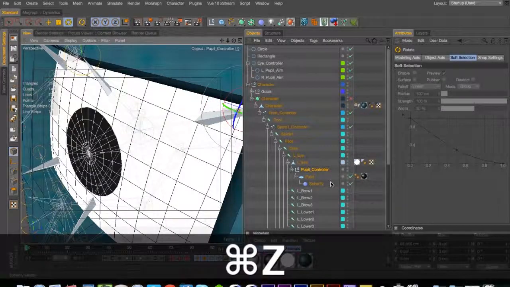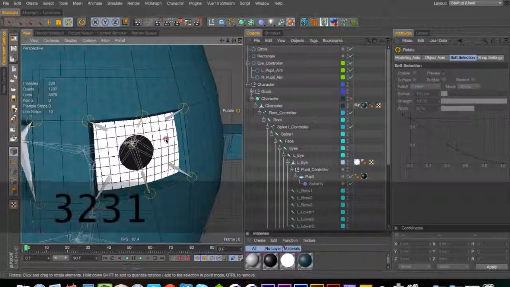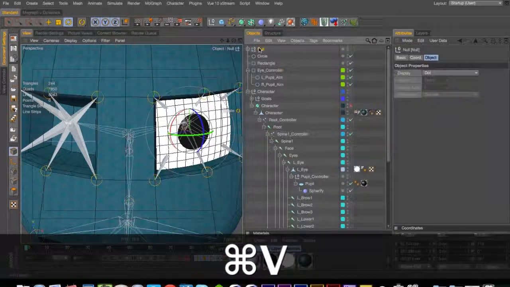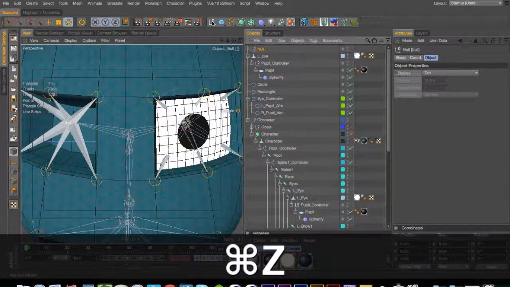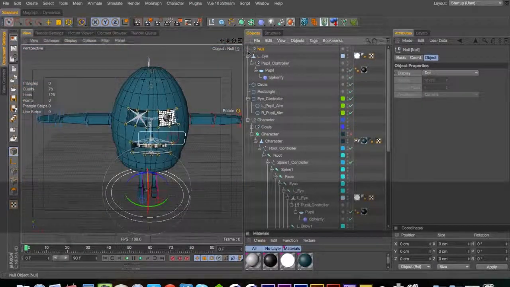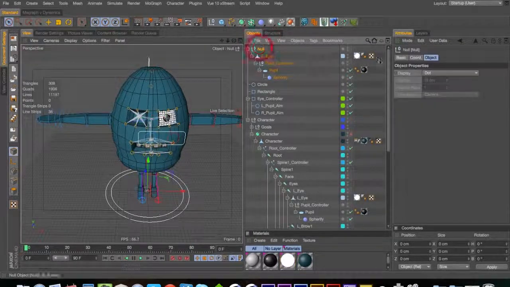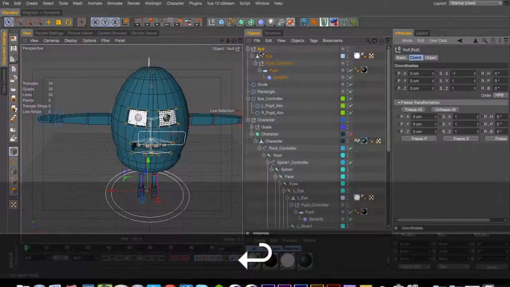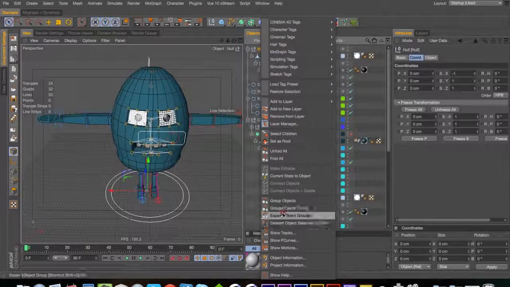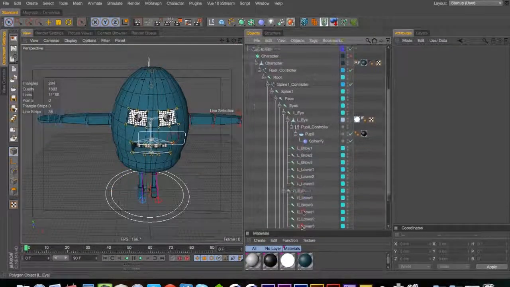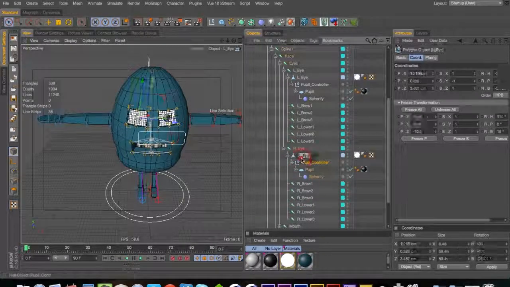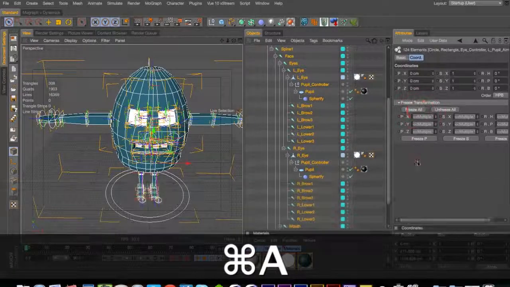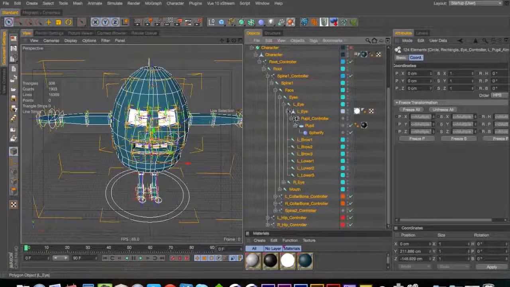Okay, so now that we have that, let's copy this eye and paste it, add a new null object. Make sure that null object is centered in the scene that you just add to, and -1 for the X, and then delete without children. Drop that left eye, or I guess right eye, under the right eye control. Select everything, freeze transformation, and